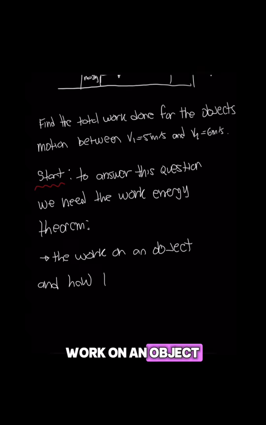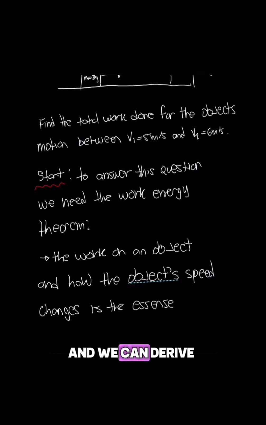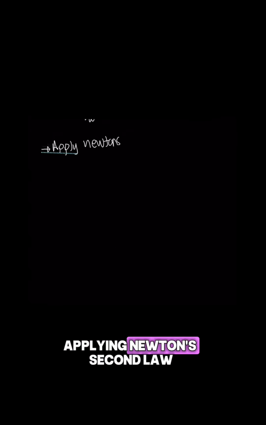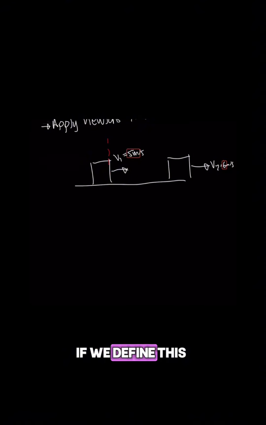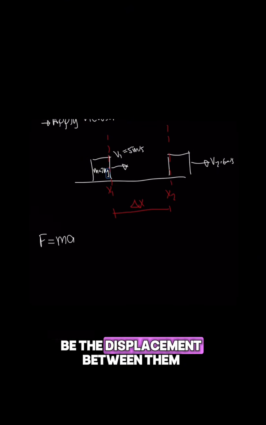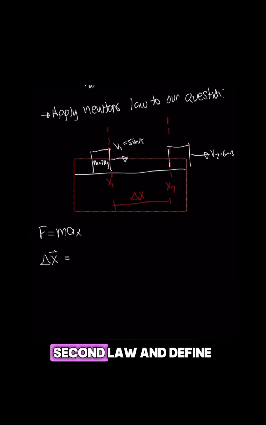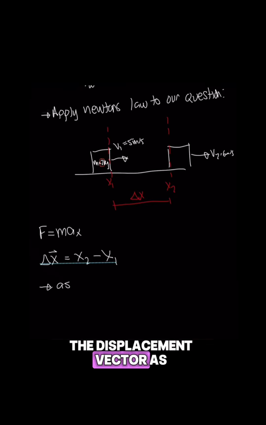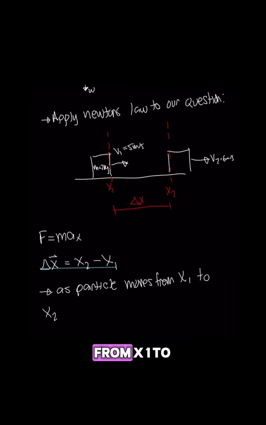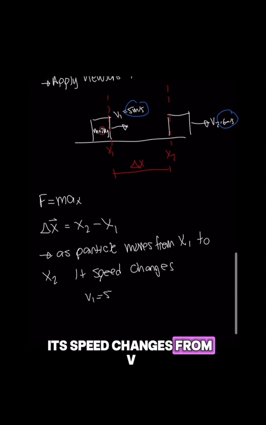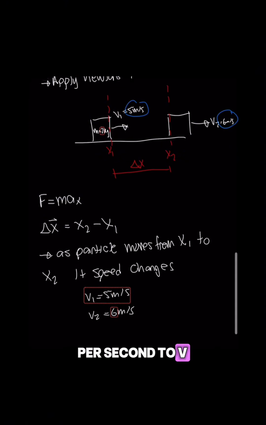what this theorem does is it relates the work on an object to the change in the object's speed. And we can derive it by first applying Newton's second law to the question. If we define this point here as x1 and this point here as x2, delta x is going to be the displacement between them. If we apply Newton's second law and define the displacement vector as so, as the particle moves from x1 to x2, its speed changes from v1 equals 5 meters per second to